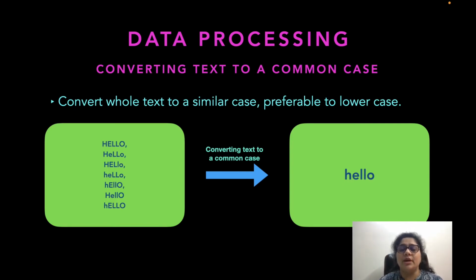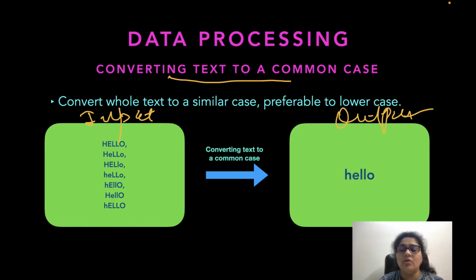Now from there we move to the next step, which is converting text to a common case. I have just taken the example of one word here. You can pick up any word and try all these things. Again, the rule remains the same: the output of the previous step becomes the input here, and I get some output. So for example, what happens is